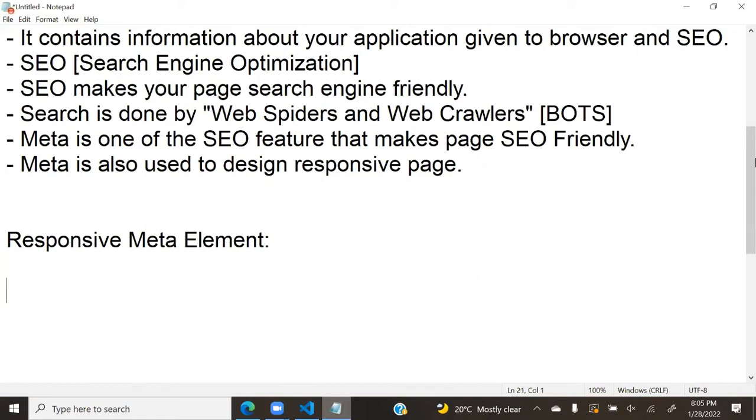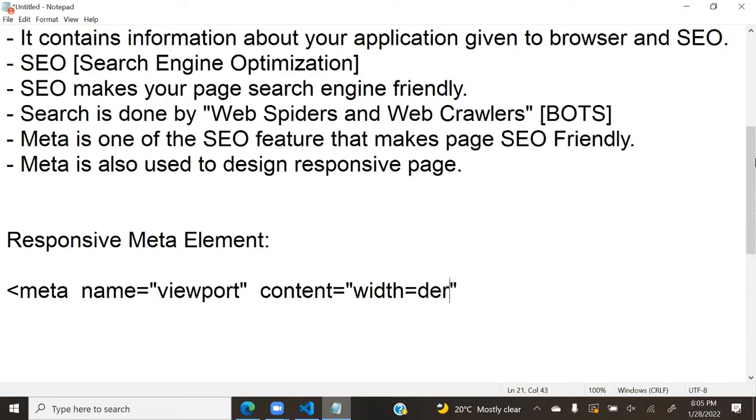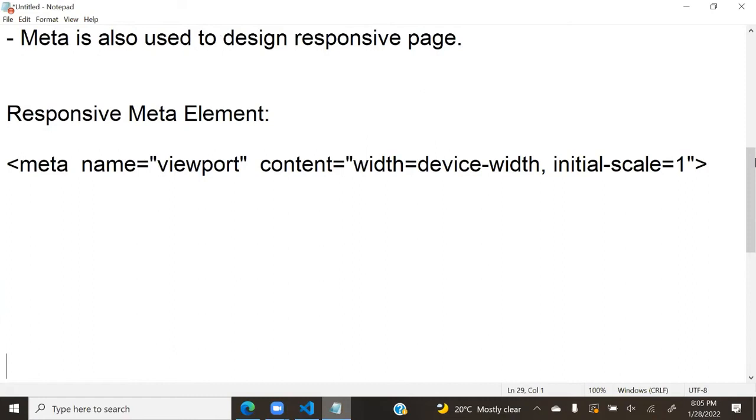You have to write it like this: meta name is equal to viewport, and meta content is equal to width is equal to device-width, and initial-scale is equal to 1. This is how we write meta. This is how we define meta. This is the responsive meta element.